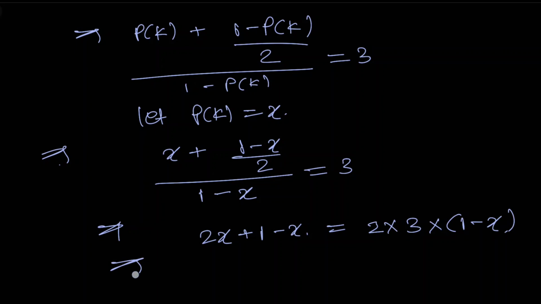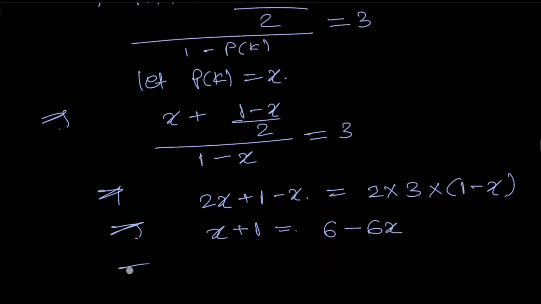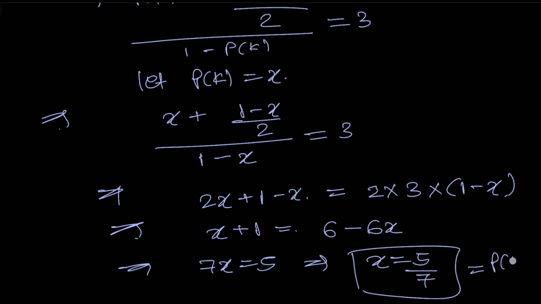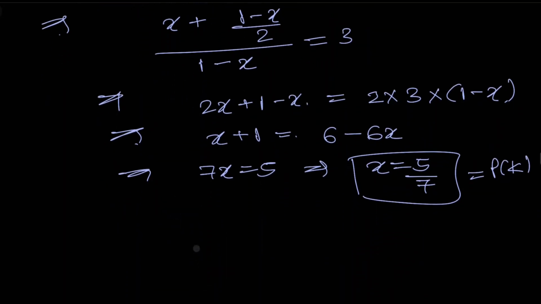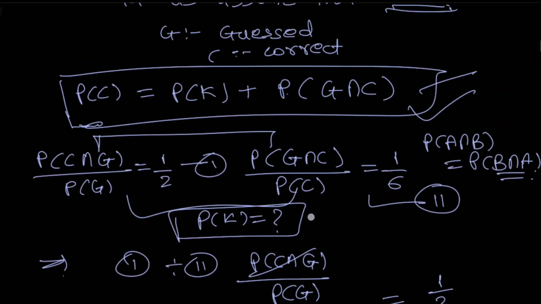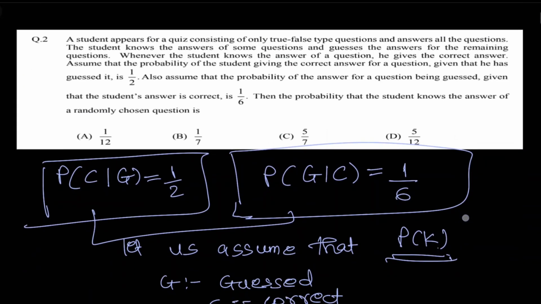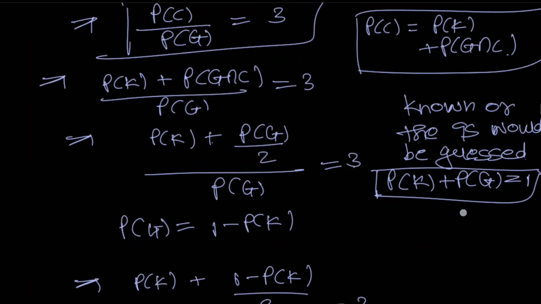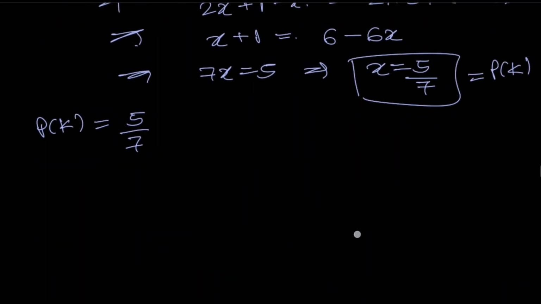So we are having X plus 1 equals 6 minus 6X. So we are having 7X equals 5, which implies that X equals 5 by 7, which is our PK, means probability of knowing the answer. Means probability of knowing the answer is 5 by 7, which is our correct answer. So this is 5 by 7, C option. So our C option is